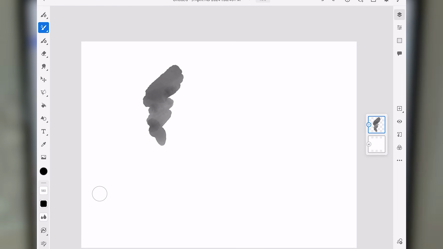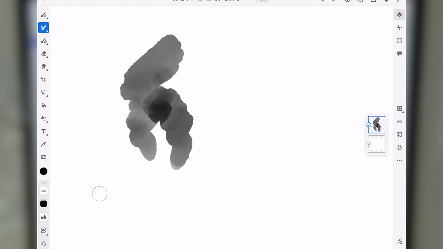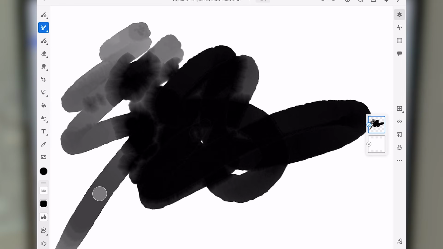I've used Fresco once because I wanted to see how realistic it is, because they said like, oh look, it's like real watercolor. I played with it for 5 minutes and then exited because I've said it 200 times. I don't like the realism. If I wanted realism, I'd go with real traditional art. I'd pick up a piece of paper. Why would I want to do it digitally? It is fun to watch though.